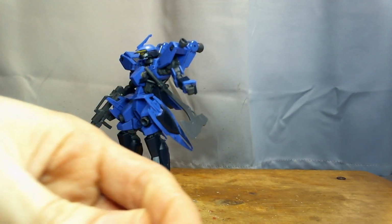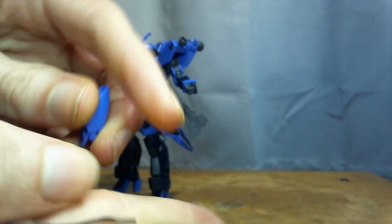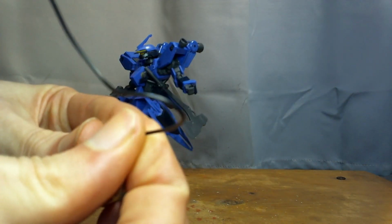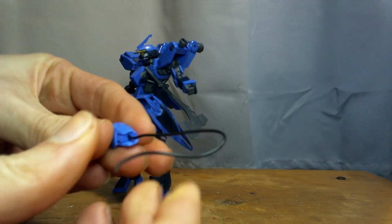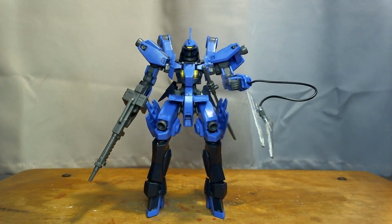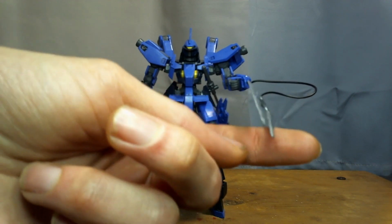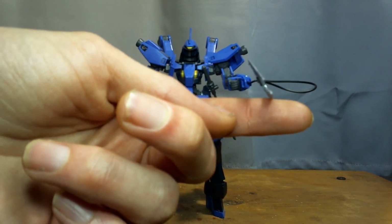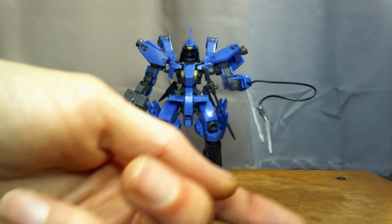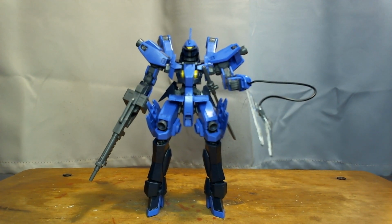And then it comes with this little wire piece that you can slot in place of the claw, so that you can have the claw coming out on a wire. While this is a cool feature, unfortunately the wire isn't very strong and doesn't completely hold its position under the weight of this pretty light claw piece. You can see it holds well enough, but it's not staying in this exact position that I set it in. So it's just a bit flimsy. It's also prone to falling out from the gauntlet when moving, but it does stay in fine just sitting there,